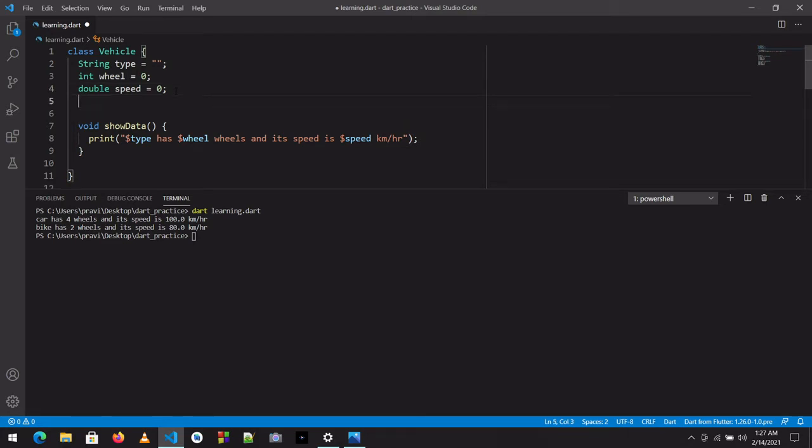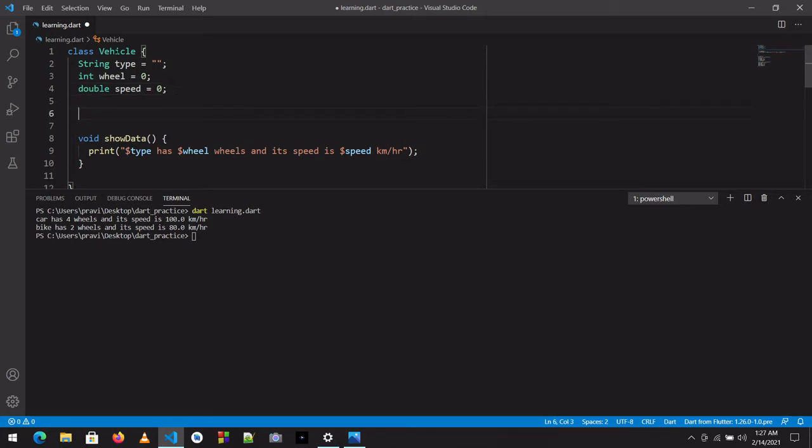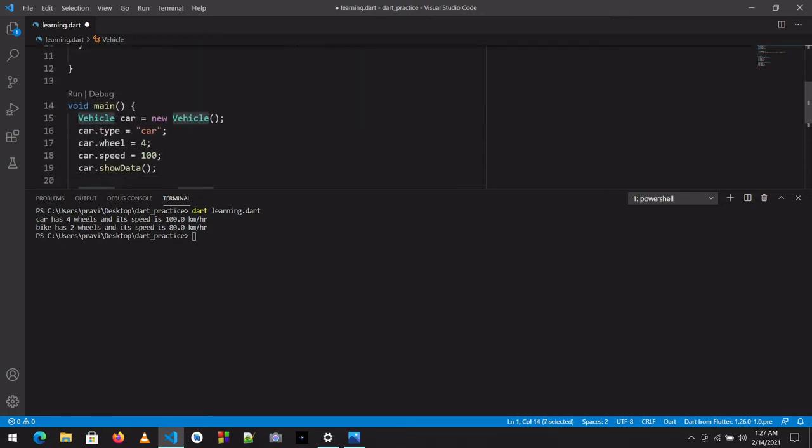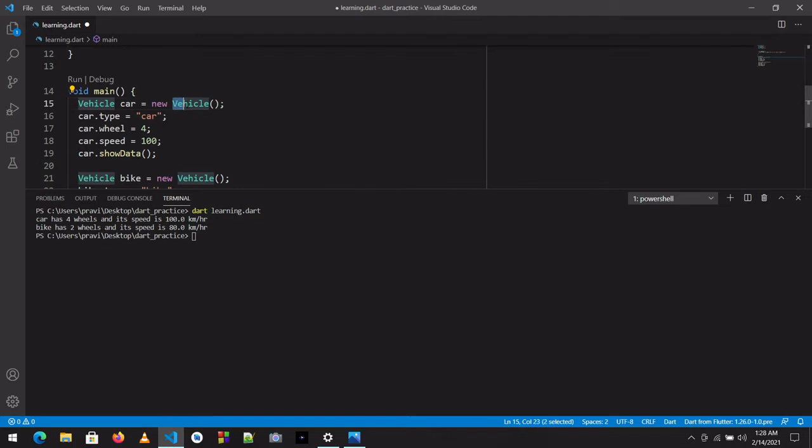For example, let me show you the class. The constructor has the same name as the class, Vehicle, here. Okay, so you would have seen here that there is Vehicle and it has some parentheses, right? What do these parentheses mean? Actually, it's a function, because a function has these parentheses. But what is it doing with the class?